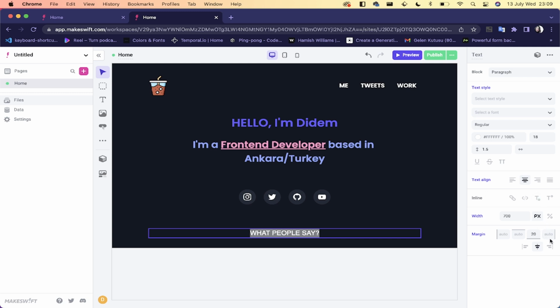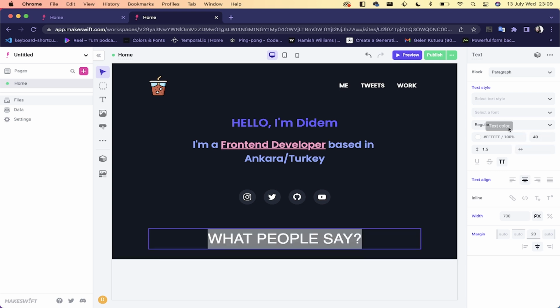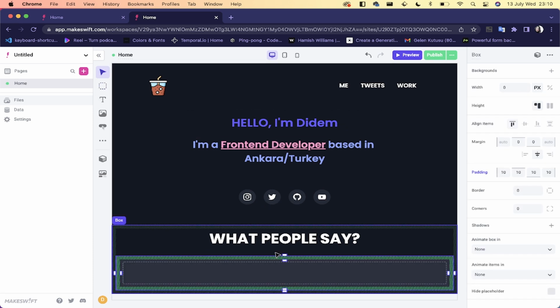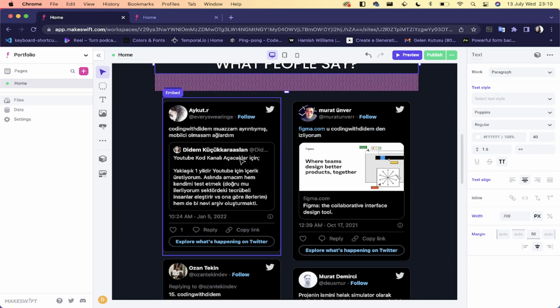Okay, it's going to be uppercase and 40. Also the font will be Poppins bold. Okay, great. So I'm gonna throw another box right below it, and it will have this tweet sections, and if